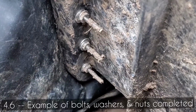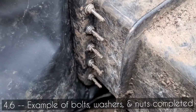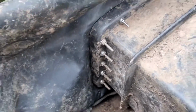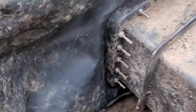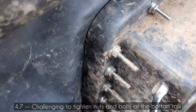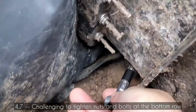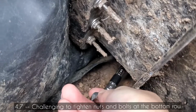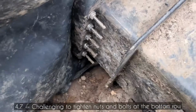So here is a good example of what it looks like on the side. These are relatively easy to get to since there's a decent sized hole here for me to get the wrench around like this. But you can imagine how hard holding the wrench and the nut on the underside way underneath here is as you move your arm down into this tunnel to get the very bottom of the nuts and bolts tight for the